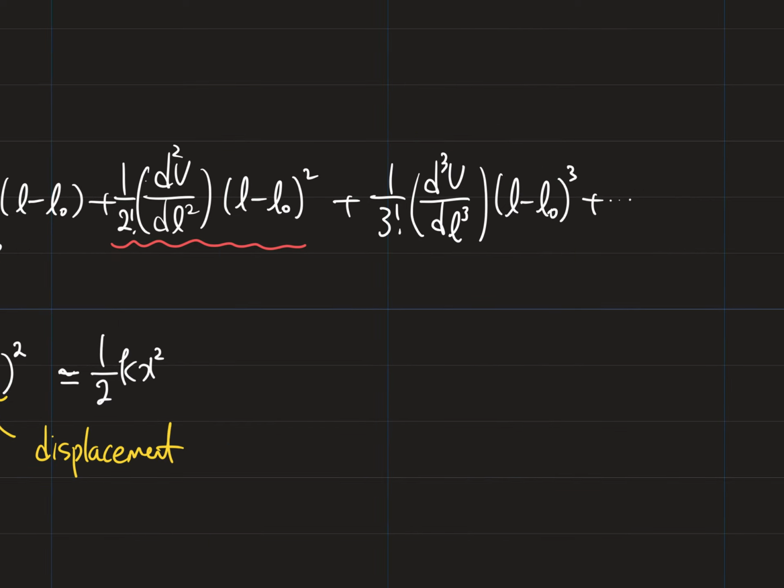So I guess we are going to discuss this part later, and this part is the anharmonic term. The quadratic term is known as the harmonic term, and the cubic is the anharmonic term. This also plays a very important role in vibrational spectroscopy. So we are going to discuss that this Wednesday.